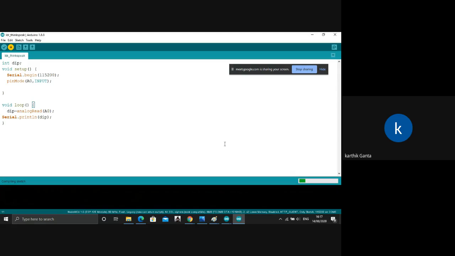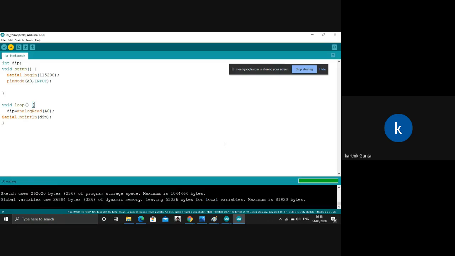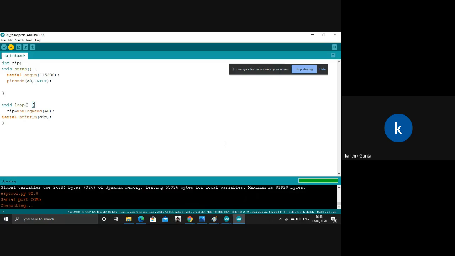There was a board error, no problem. Whenever you get this board error, just re-upload the code again. This board error comes because there will be a weak impedance match between the laptop and the Node MCU. If you ask me what is impedance, it is the combination of the resistance and reactive components like inductance and capacitance. There will be not good impedance match, so you'll get a kind of error.